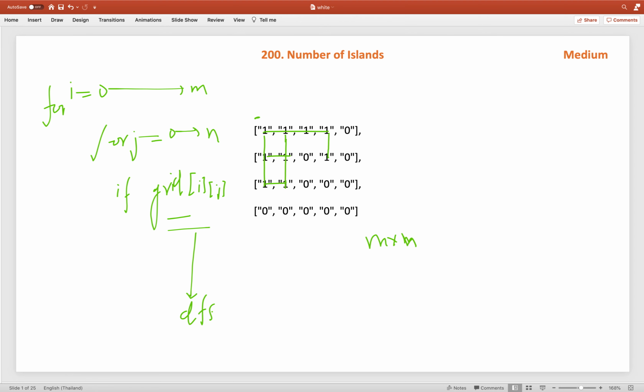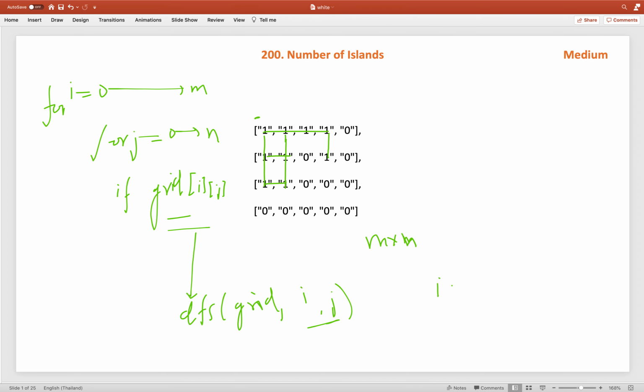That will count as one island. So, we will call the DFS method by passing the grid and the indices i j, and that DFS will run through all of these 4 directions, first checking whether the position is valid or not.